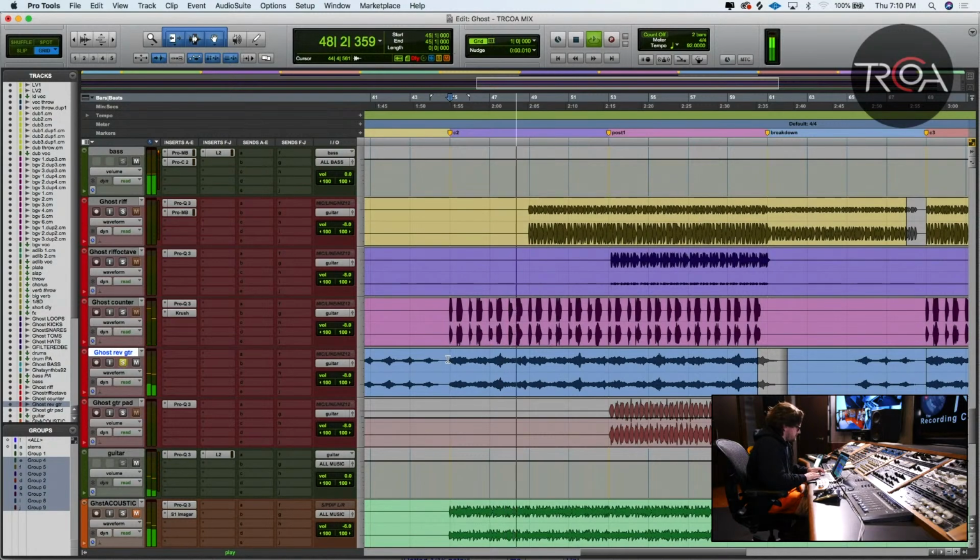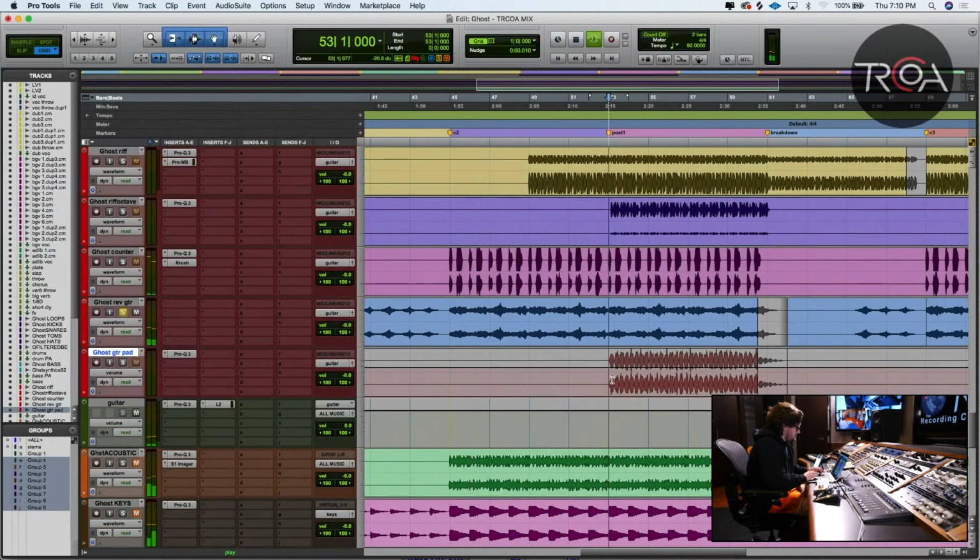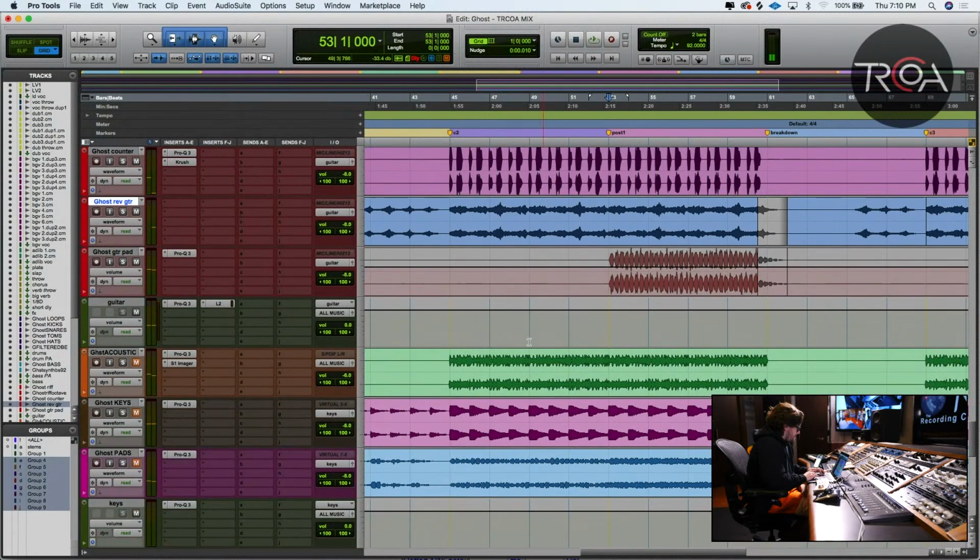And then that reverse guitar, I didn't do anything to this. Did that all in Ableton, right? And the pad. Something I want to